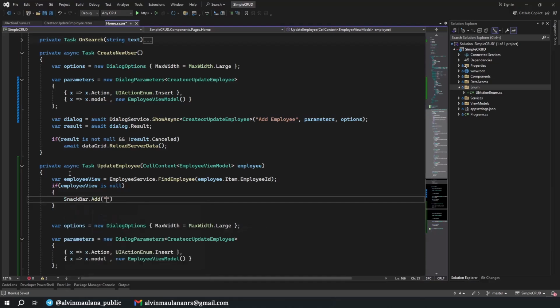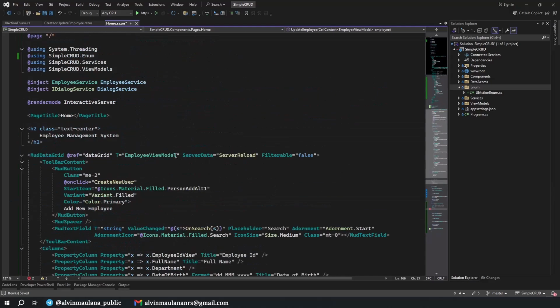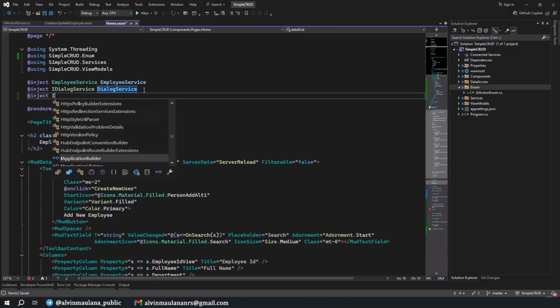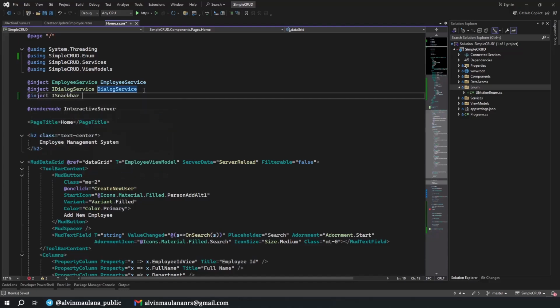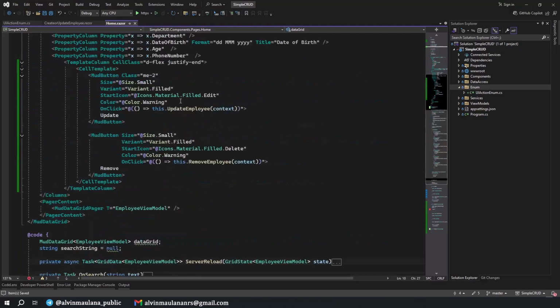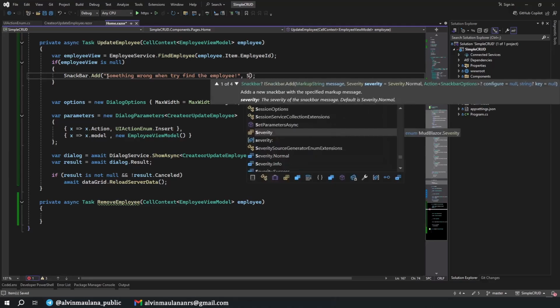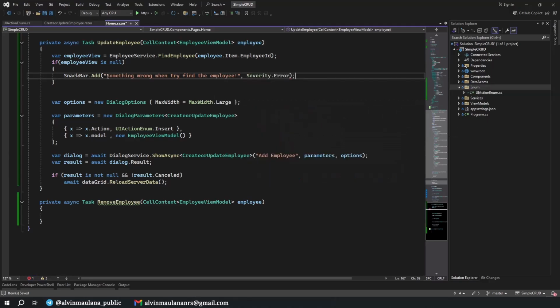Do we have a snack bar? Oh, we don't have, we need to inject it first. Snack bar. Something wrong when trying to find the employee, or you can set that employee not found, it's fine. Oh, we forgot to add the severity to error, and we can return it.